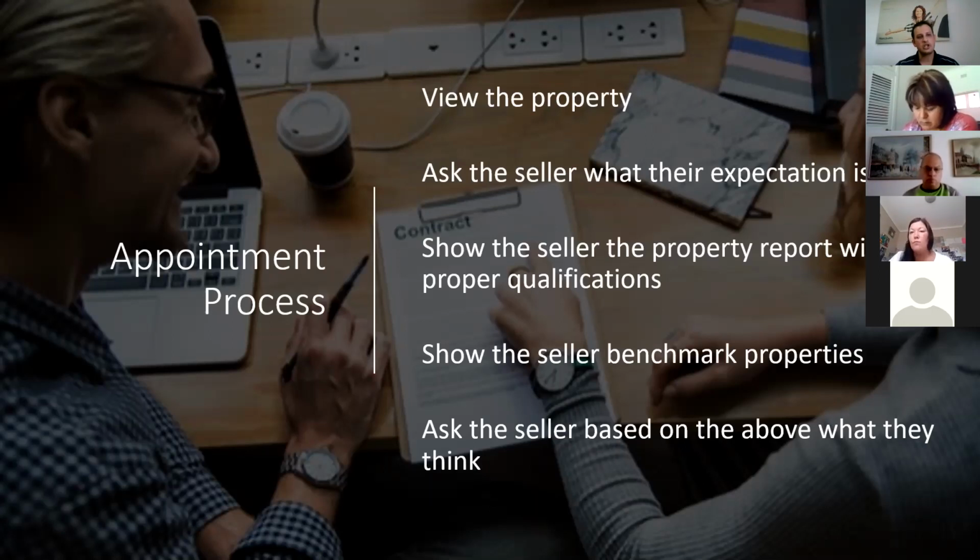And then once you've shown them all the information, take all your focus and attention and put it onto the current properties that they're competing with. Don't worry about past sales. Focus on what it is that they're competing with now, and you ask them the question. So guys, based on what we've just looked at, where do you think your property needs to be positioned in order for you to be competitive and to try and achieve the best price? And keep quiet.